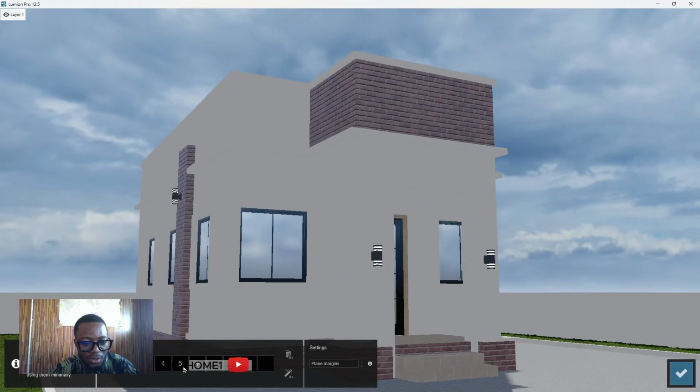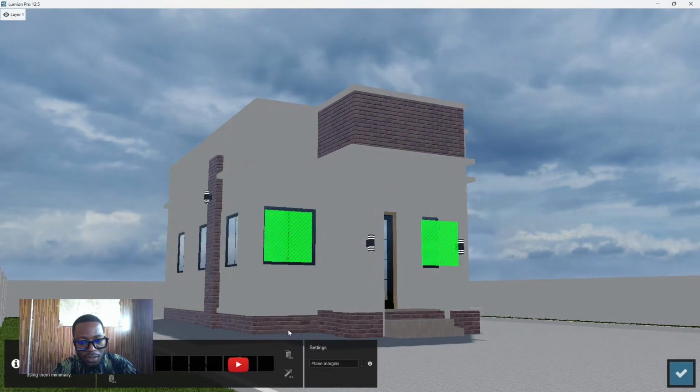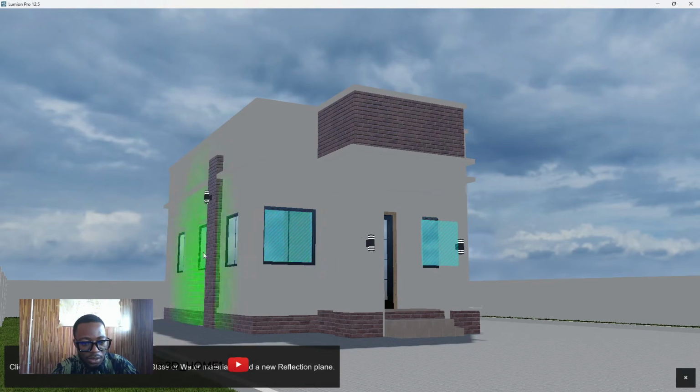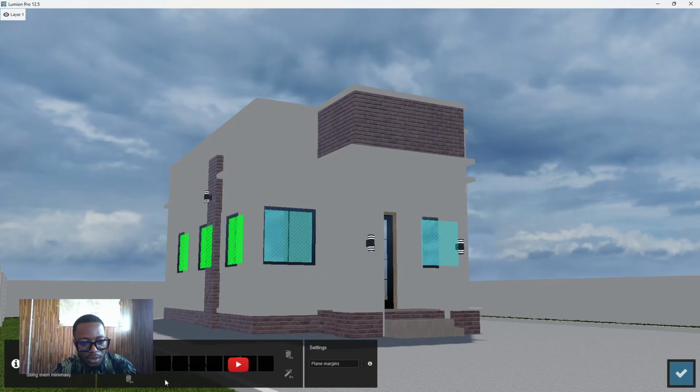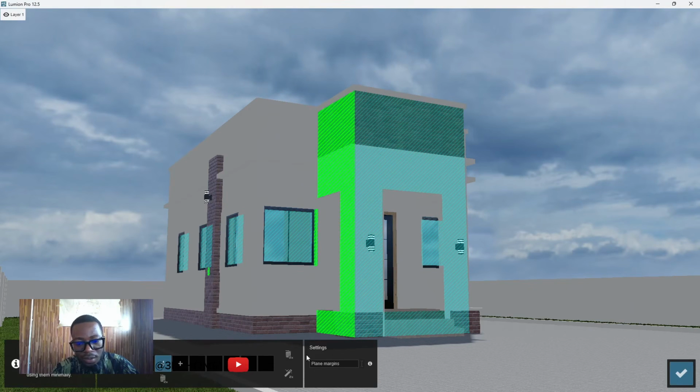You can delete this one because these ones don't have use for now. So we can start from one. So we click on this. I want these windows to be reflecting, and you click on this plus again. Make these windows reflecting. Click on plus. So any material that needs to be shiny, it will actually be shiny, like a bit glossy